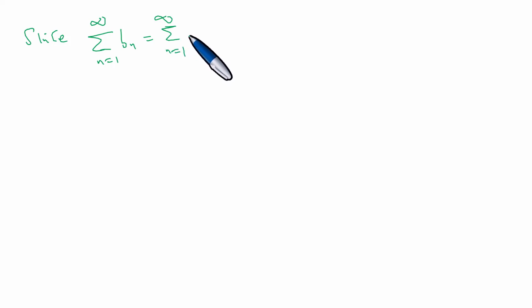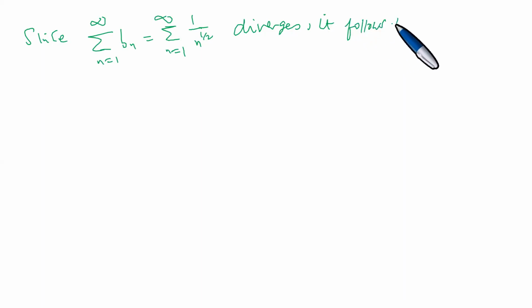And the Bn is what? We saw that it is 1 over n to the 1/2. Since this one diverges, it follows that this series